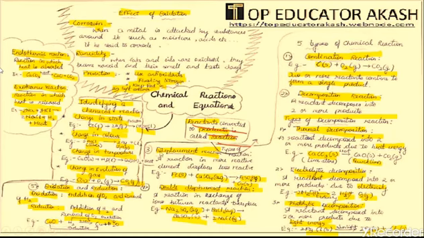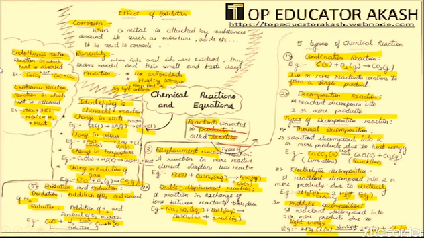Now next reaction, that is displacement reaction. It is a reaction in which a more reactive element will displace a less reactive element from a compound. It basically takes place in metals. An example is Fe, that is the metal iron. When it reacts with CuSO4, copper sulfate, which is blue colored in solution, then FeSO4, ferrous sulfate, and Cu, that is copper, are formed. Ferrous sulfate will be formed as a pale green color, and Cu gets deposited on the Fe, and it forms a reddish brown color.